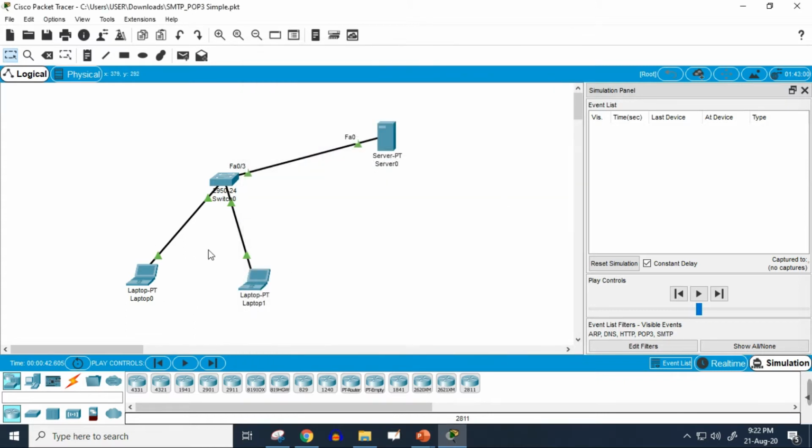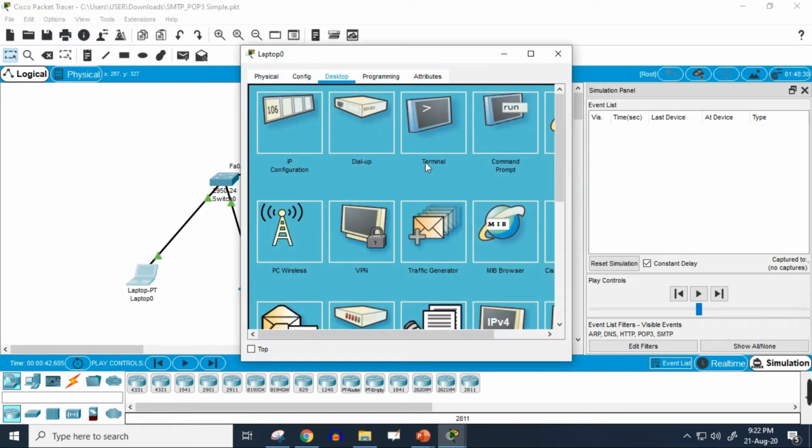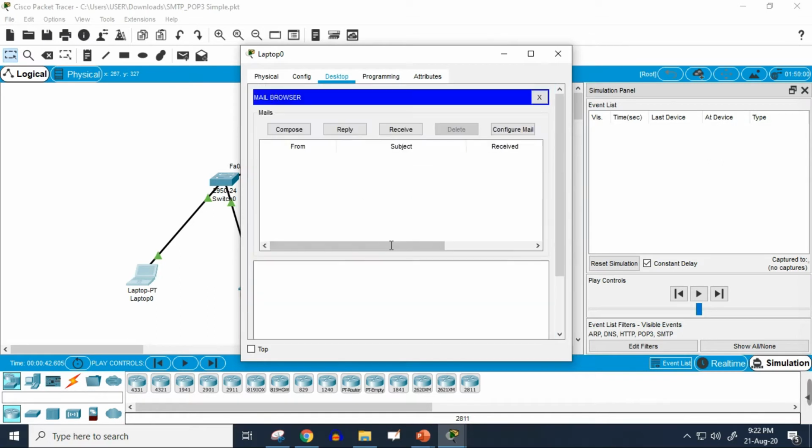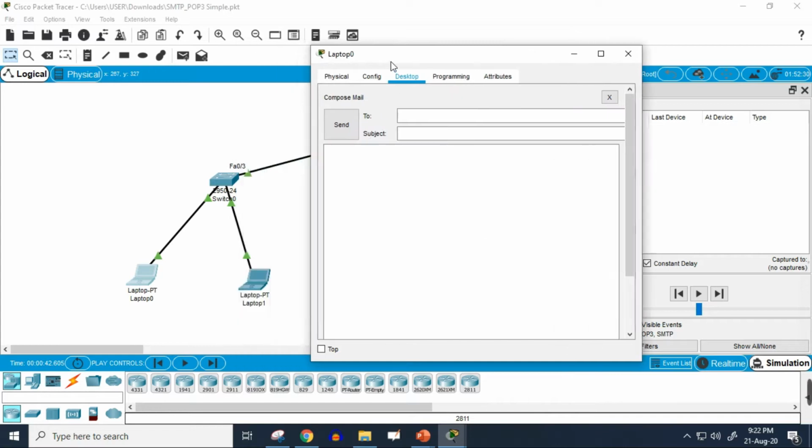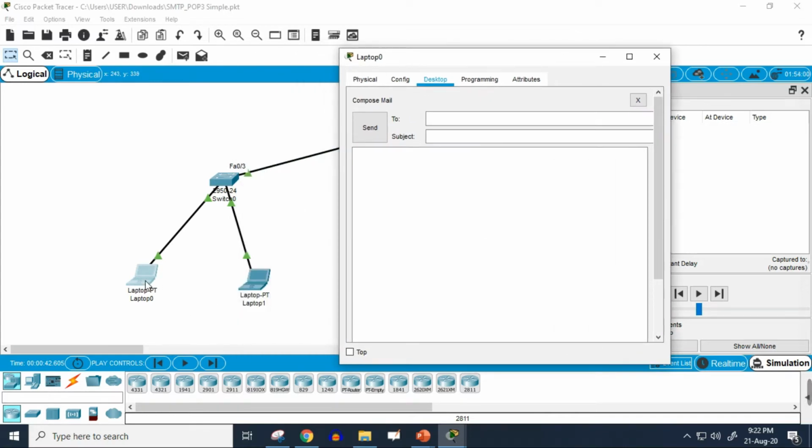What I want to do is send a mail from laptop 0 to laptop 1. Basically I want to send a mail from this user on laptop 0 to this user on laptop 1. I will click on laptop 0 and go to email, and just like in real life, I want to compose a mail and then send it to the other user. This laptop is allocated to the user named Sakib. Sakib wants to mail the user owning this laptop. The user owning this laptop is actually Risha, so I'm going to write her email address,